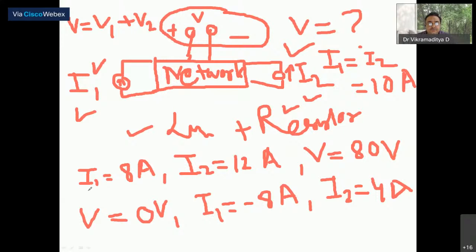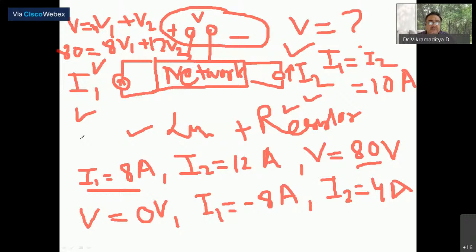0 is equal to minus 8 V1 plus 4 V2. Okay. So once you have got this, you can now solve for V1 and V2. Once you have V1 and V2, what you have to do is find out this V voltage, which we know will be the contribution of the two sources. So 10 multiplied by whatever the value of V1 comes out to be,